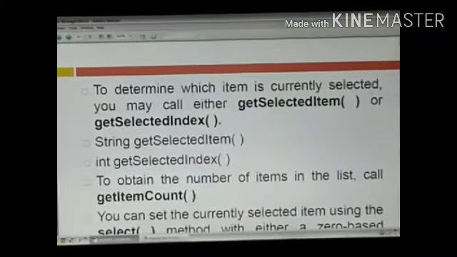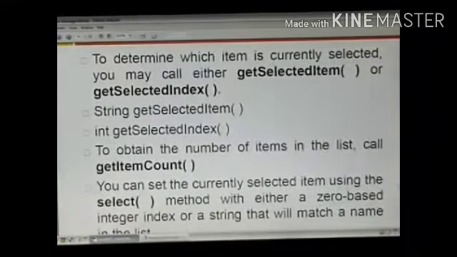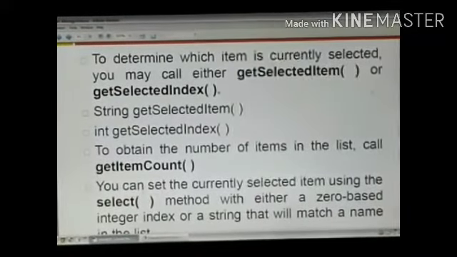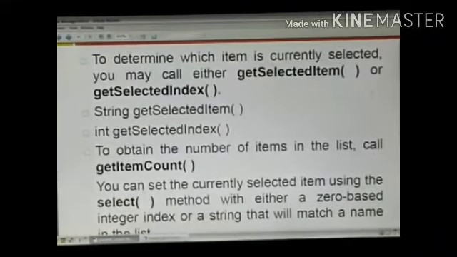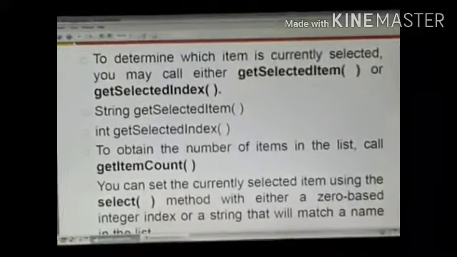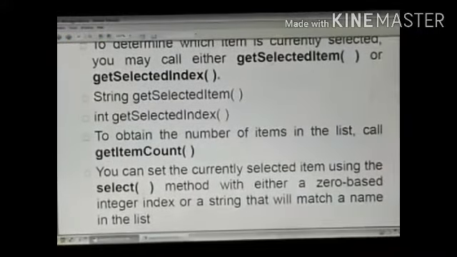To obtain the number of items in the list, call getItemCount. So if you require the total number of items in the list, you have to write this getItemCount. This will return the number of items present in the list. You can set the currently selected item using the select method with either a zero based integer index or a string that will match the name in the list.